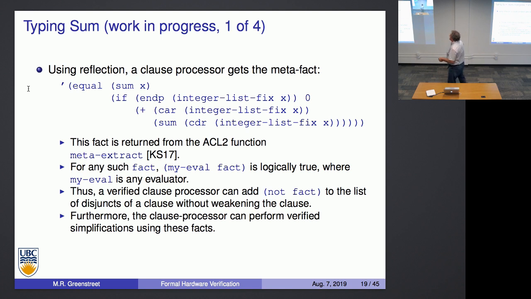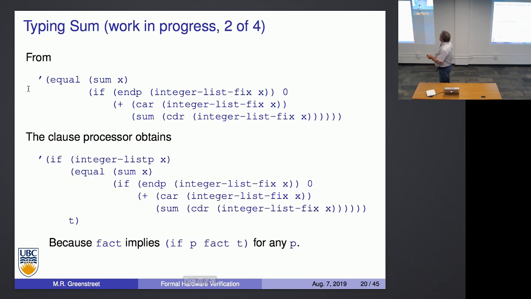And so this fact is returned by this thing called meta-extract. For any such fact, the evaluation of the fact is logically true for any valid evaluator. And so we can always add not fact to the list of disjuncts, and we can perform verified simplifications using these facts. So what does that let us do? From this, we can